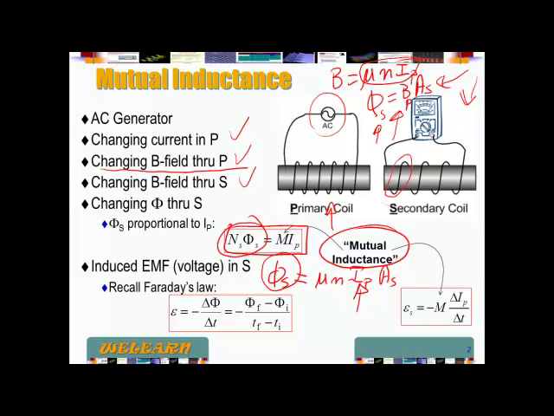And the word mutual is used because if we reverse the role and have the AC generator here and the meter here, we are going to have the same behavior, and essentially we are going to encounter back that same value of M. That's why we call it mutual. Now that we have this proportionality established,